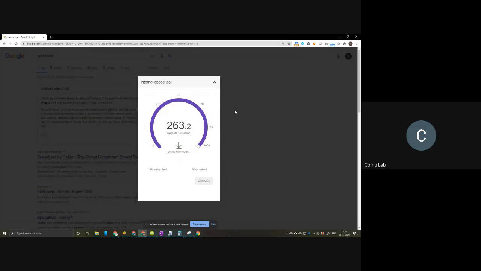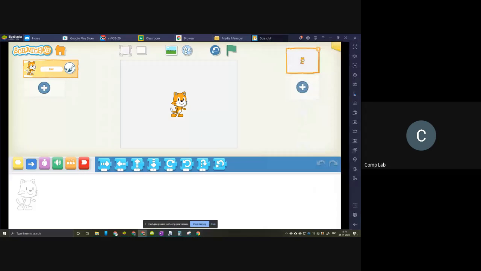Alright, children, just look at my screen. I don't have a connection issue. I have sufficient internet speed, so it's probably an issue on your side. Just sit near a window so you have a proper internet speed. If you're using a 4G internet signal, it may be weak. Just sit near a window. Okay, sir. All right, let's continue.